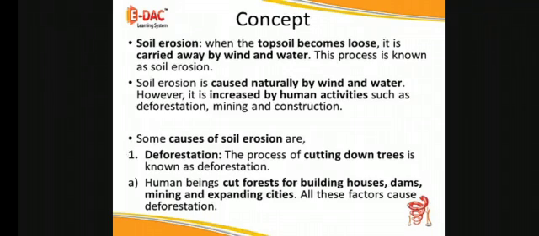Soil erosion is caused naturally by wind and water. However, it is increased by human activities such as deforestation, mining, and construction. Some causes of soil erosion are